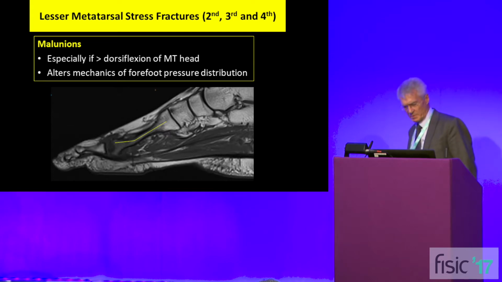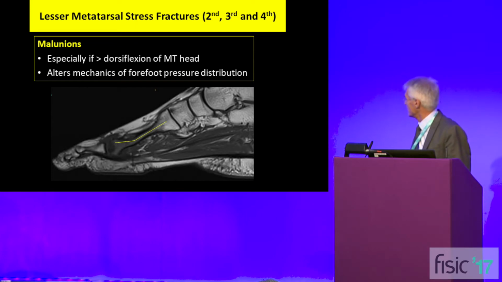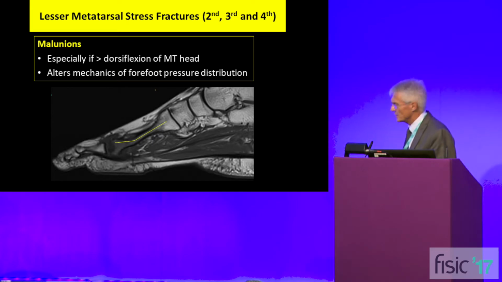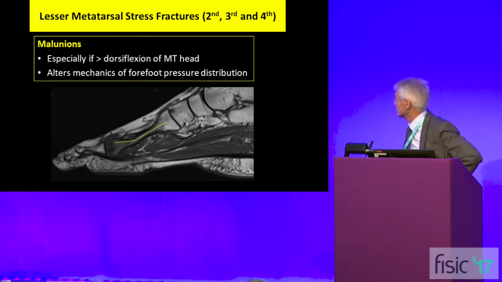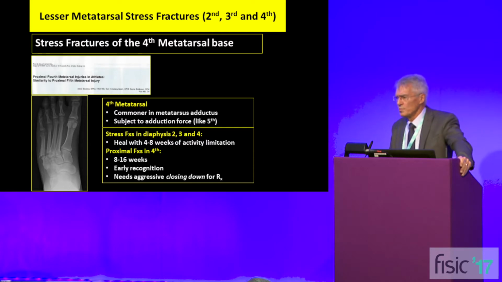We tend to tell our lesser metatarsal fracture patients they'll just walk on it when they're ready, but if their bone physiology is not right, then they may bend, and as you can see, we've got a bend on this one. This will lead to transfer metatarsalgia, and you may see also that they're beginning to get a little bit of degenerative change in the metatarsal head. So just be a bit careful, and there will be rare occasions when you may want to go in and re-osteotomize these.